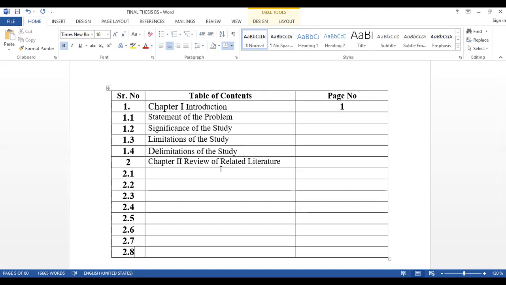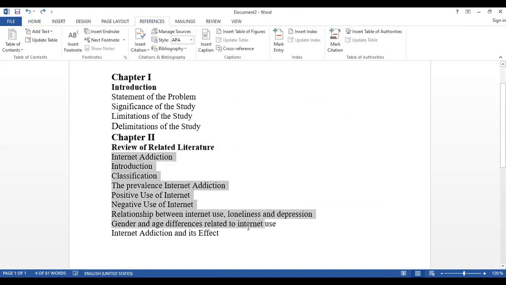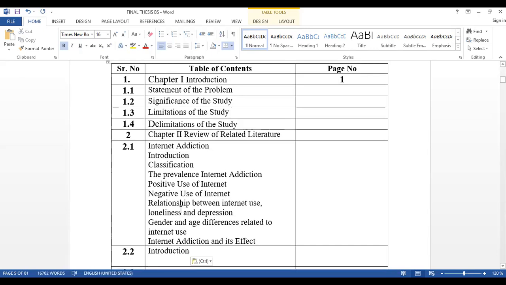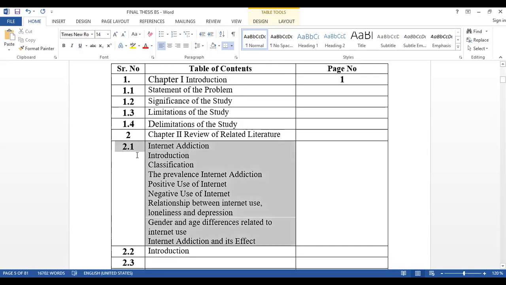And I select all these options from here, copy that and paste it here. So introduction, copy and paste it here. After that, remove that introduction from here.